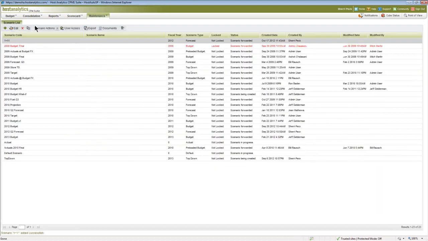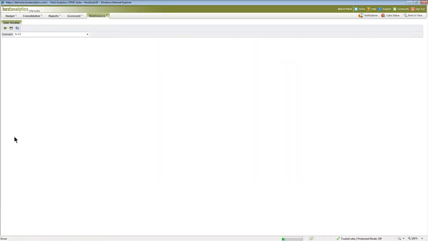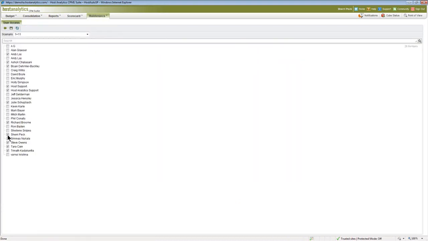So what it's doing now is it's literally adding the actuals to each one of those input templates, and I have to tell it that I have access to it. Now, depending on how you set up your security, a power user, an admin user may do that. But again, these are not IT people. These are your finance users.